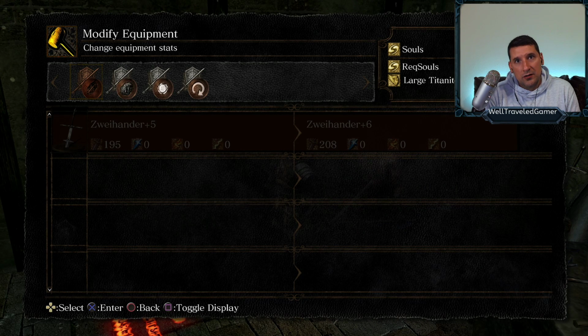Okay, so I need a large Titanite shard. And I'm not sure when I start running into large Titanite shards. I want to say that it's going to be soon. I don't know that I'll find any in Blighttown, although I might. Okay, so that kind of sucks. I thought that I was going to be able to upgrade the Zweihander a little bit, but...